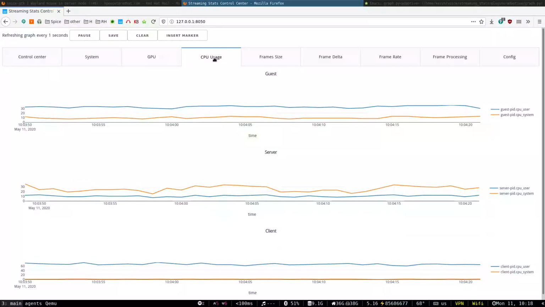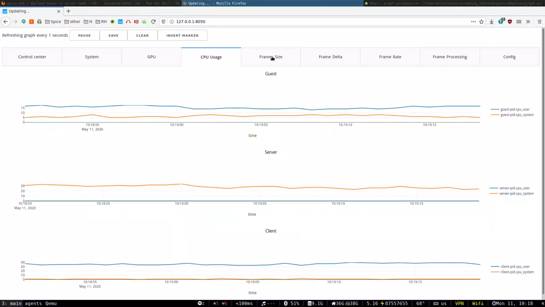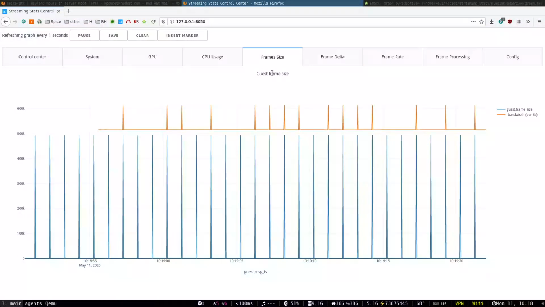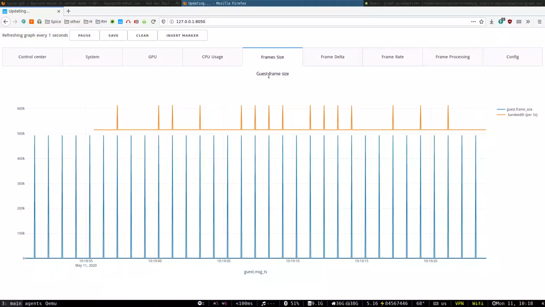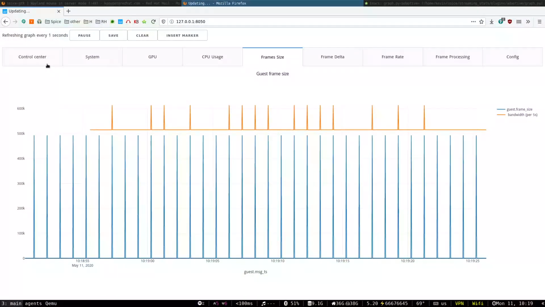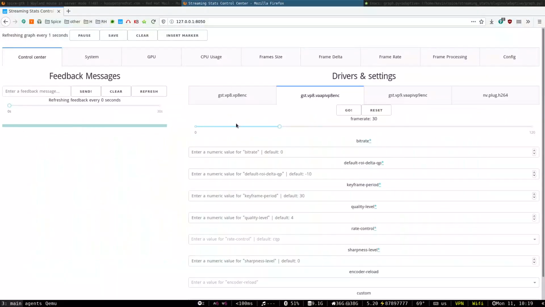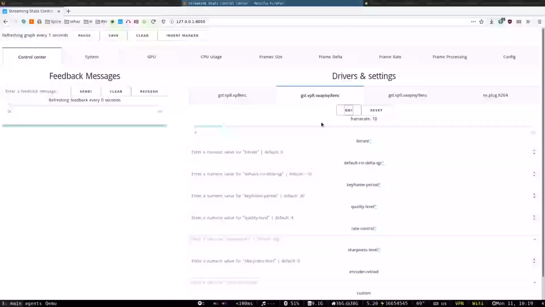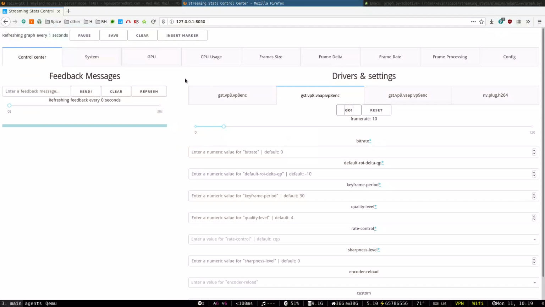Same for CPU, frame size, etc. And if I change the setting, I put a low frame rate, I activate it,